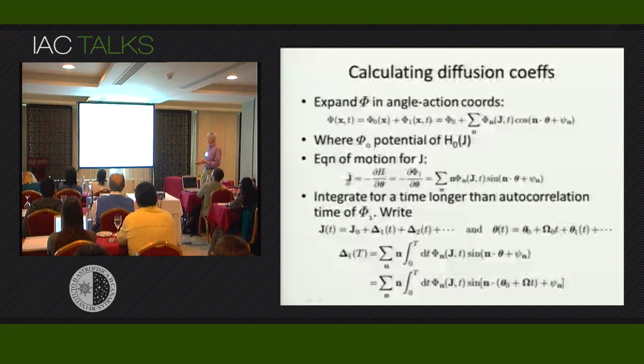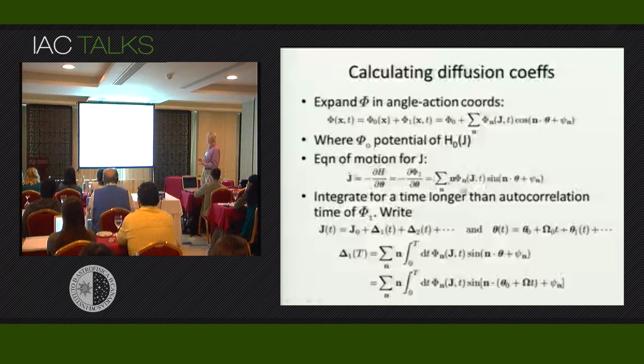So we want to go to Hamilton's equations. The rate of change of the action is minus the gradient of the Hamiltonian with respect to the angle variables. The Hamiltonian, of course, consists of the p squared over 2m kinetic energy part, plus the potential energy part. When you take p squared over 2m plus the steady potential, you're getting the unperturbed Hamiltonian, which doesn't depend on the angle variables, so we have no derivative. So all we're left with is the derivative of phi1 with respect to the angle variables, which means the derivative of this Fourier series. And of course we can take that explicitly. That's not a problem, because we see explicitly what we've got.